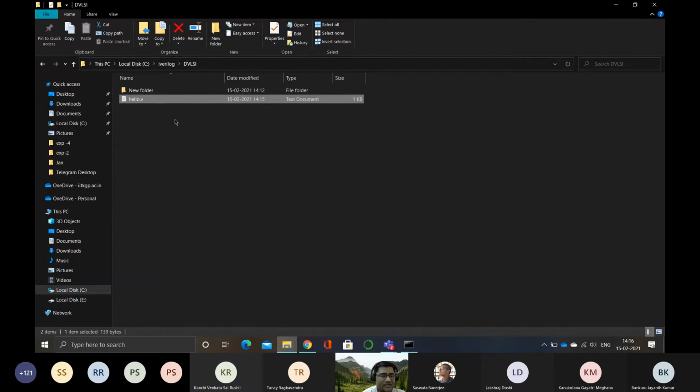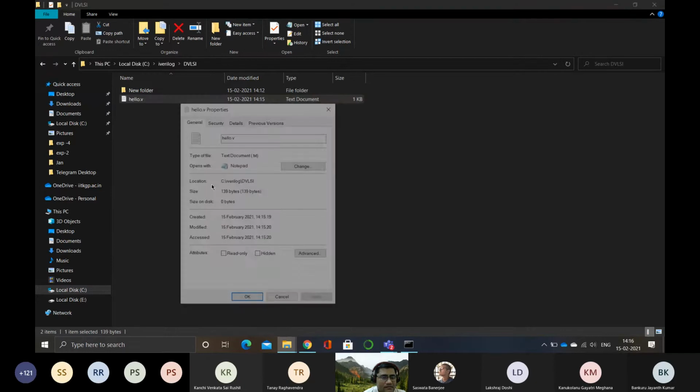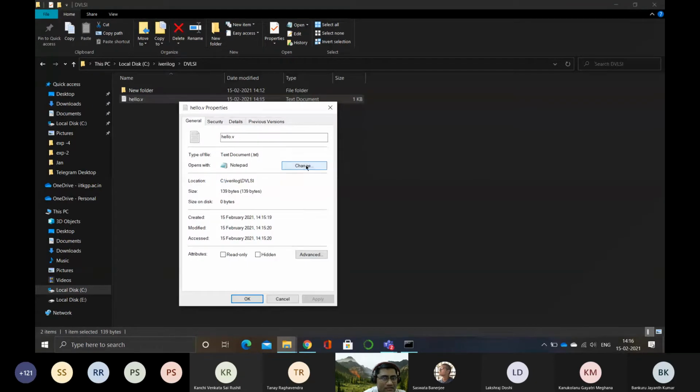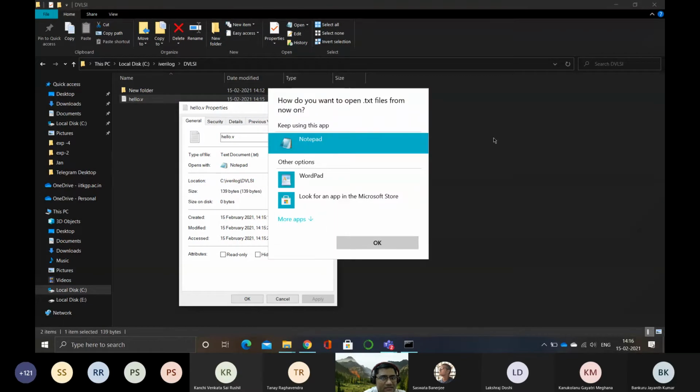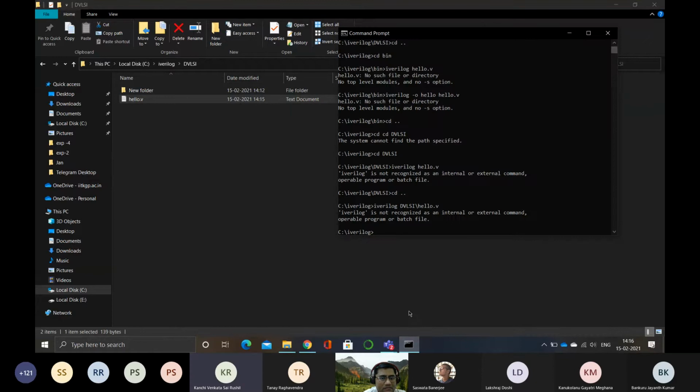You right click and go to properties. Okay, change it. No, this is open with. Anyway, why don't you do one thing? Take one example.